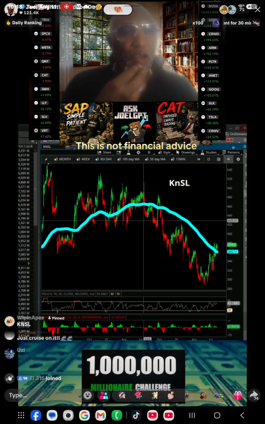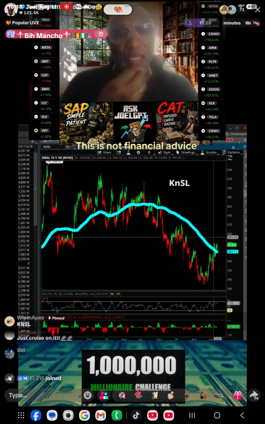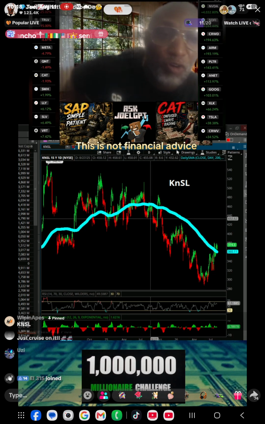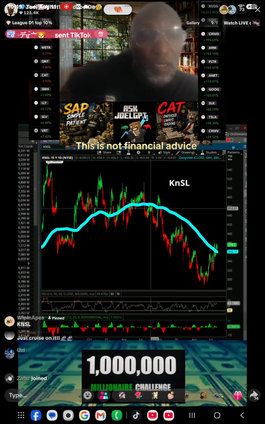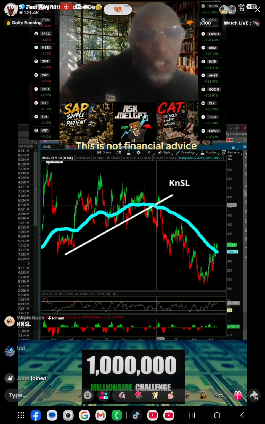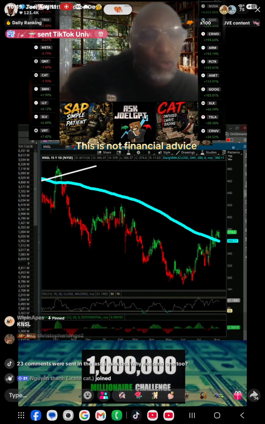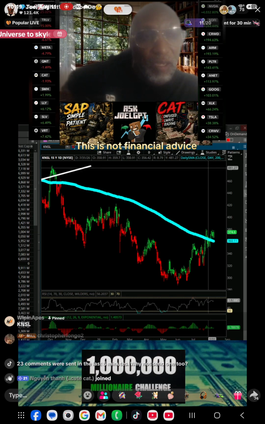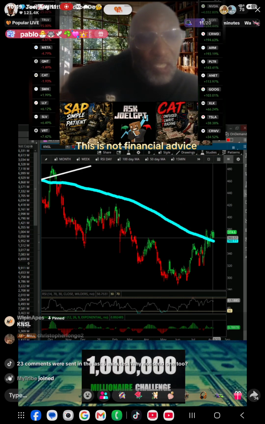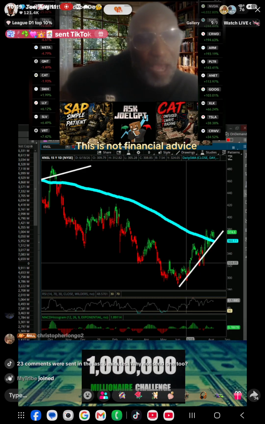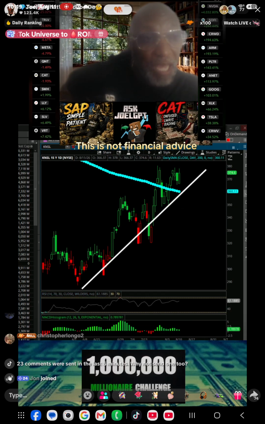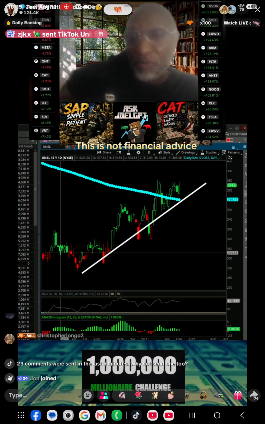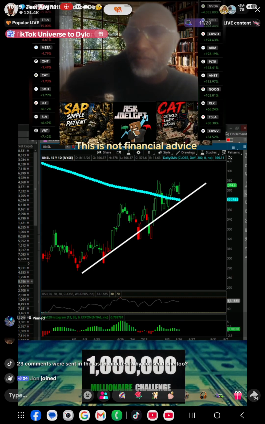The 200-day was angled down. It is getting above it, so it did have some short term downtrend. If I was trading this, your boy would have been short. I would have been short until we touch this 200-day. Even then, if this stock breaks to the downside, guys, because it's got a downward sloping 200-day, if it breaks this trend line, it's bye-bye for that stock. Just letting you know.